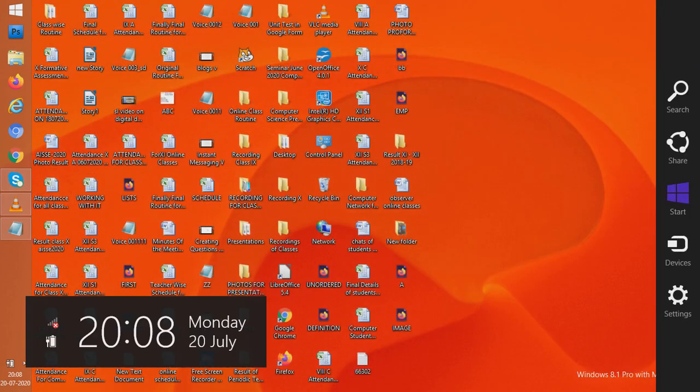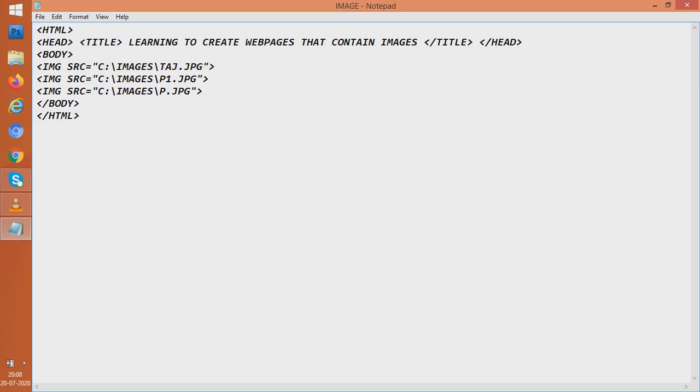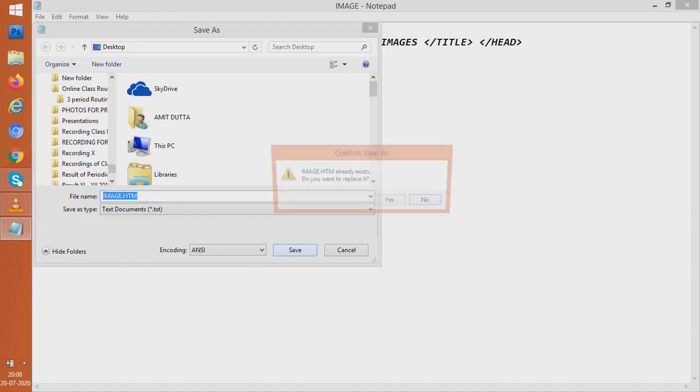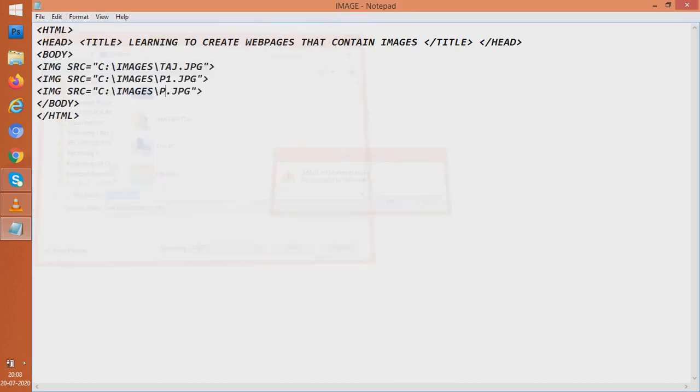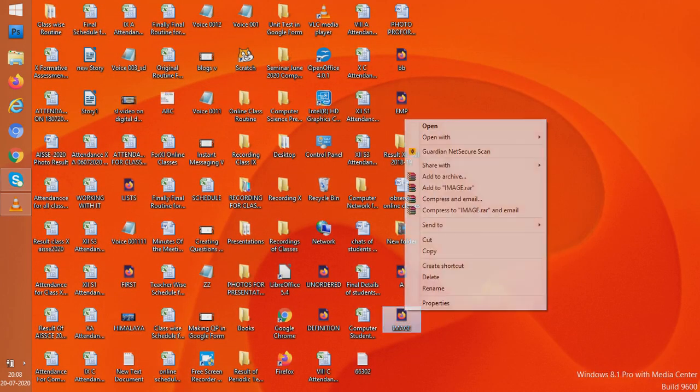Again open our program. And now it's time to run this. So I'll save my new code, whatever new things we have written, I'll save that. And what is the name we'll give? Image.html, and save it. Now as we save it, let us see what happened.